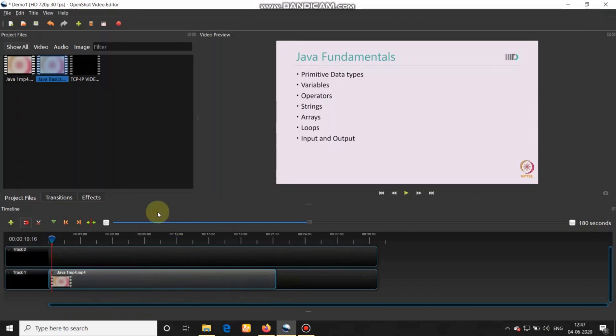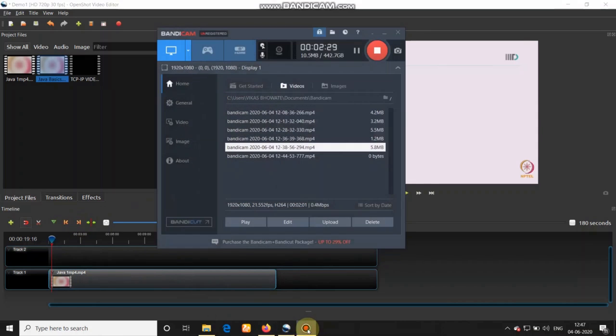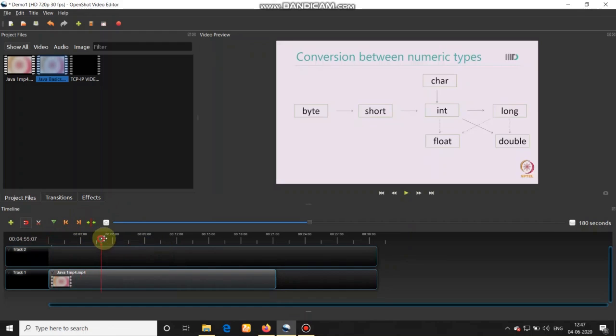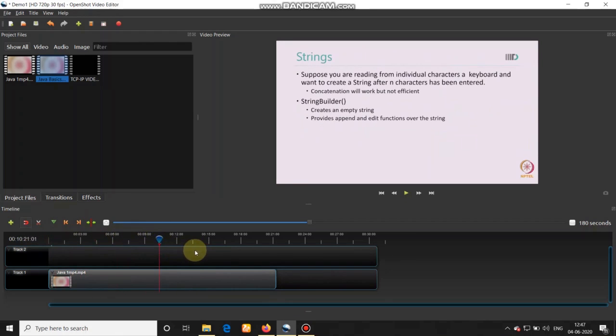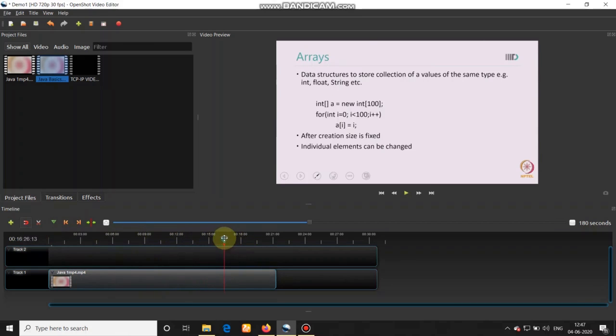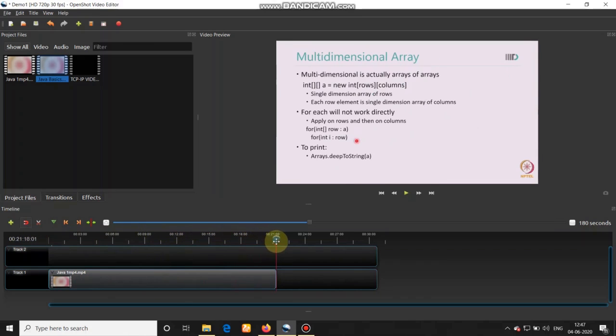For that, you can use the icon which is given over there for moving the slider to the end. Or you can simply move the slider at the end.